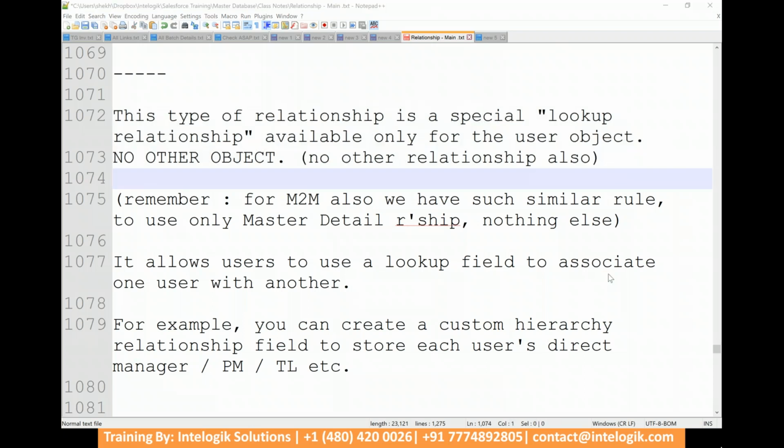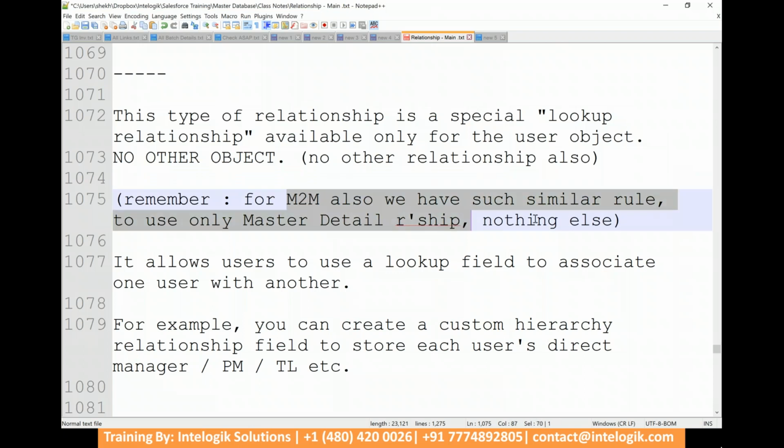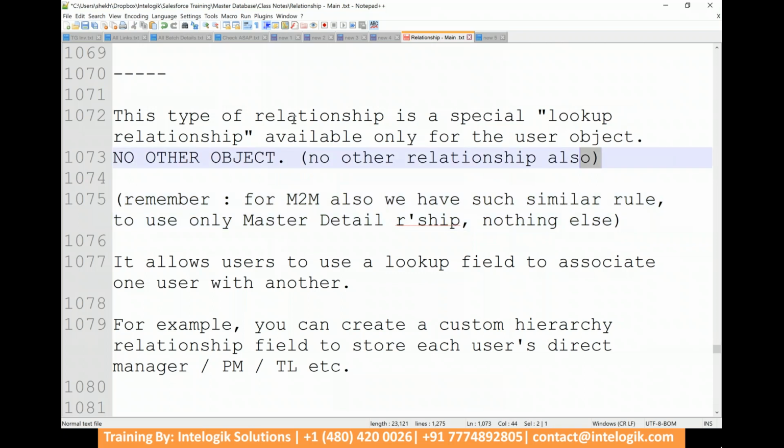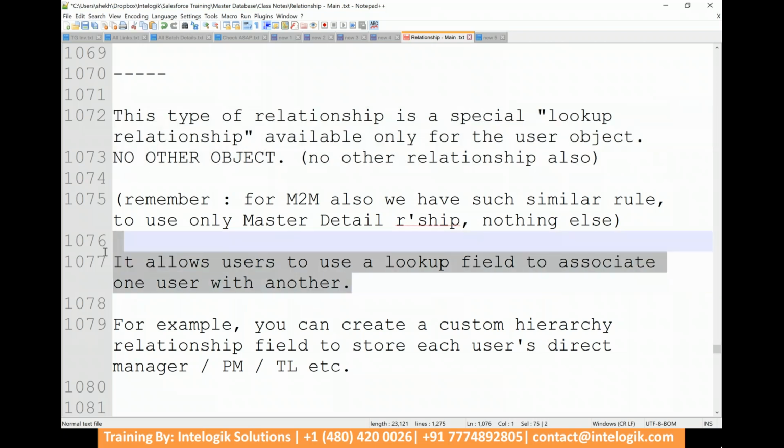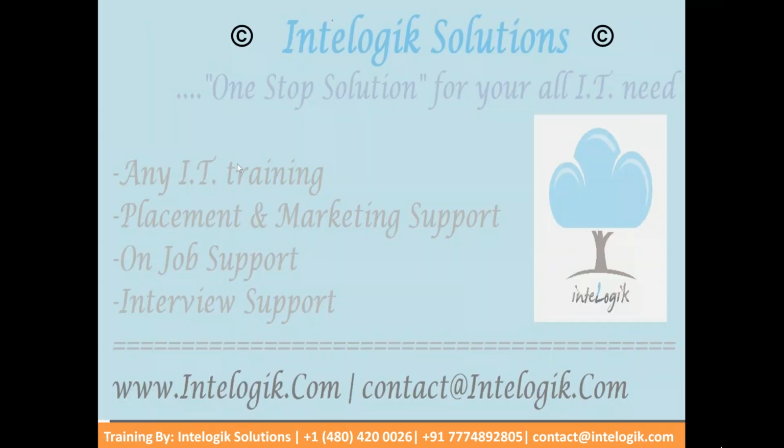Remember, for many-to-many also we have a similar rule to use only master-detail relationship, nothing else. So similarly here also we are going to use lookup relationship. It allows a lookup field to associate one user with another user. For example, you can create a custom hierarchy relationship field to store each user's direct manager, project manager, etc. So I'll do one thing. I will explain whatever I told right now in the format of an explanation. So please note, first of all, if you have only one object,